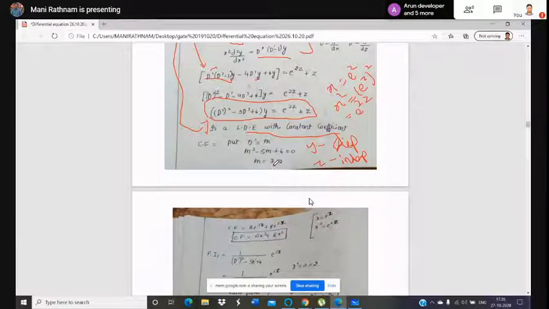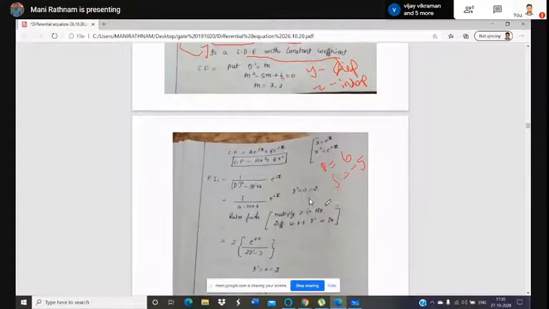The product of the roots is 6. Sum of the roots is minus 5. So you should find two numbers whose product gives 6 and sum gives minus 5, which means that is a factor, and after that the factor should be equated to 0. It gives roots. So here 3 into 2 is 6, but 3 plus 2 is 5. So minus 3 into minus 2 gives 6, and minus 3 plus minus 2 gives minus 5.